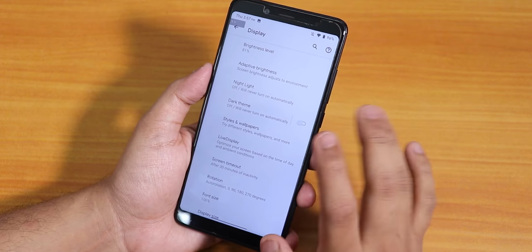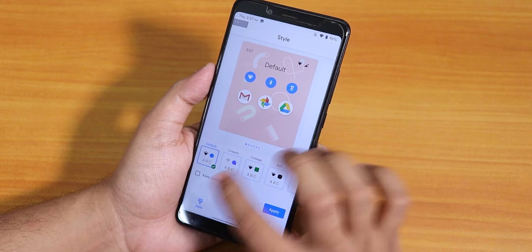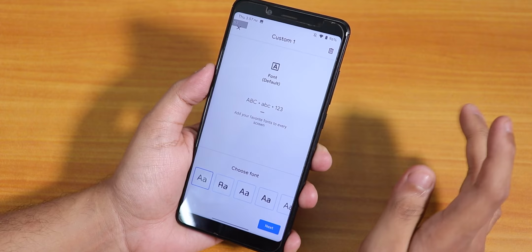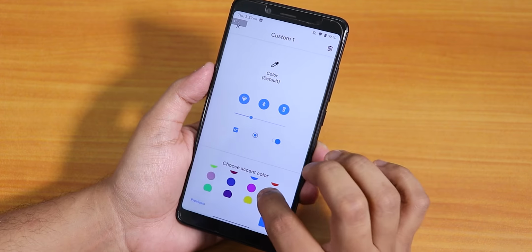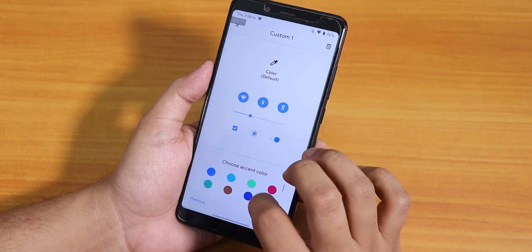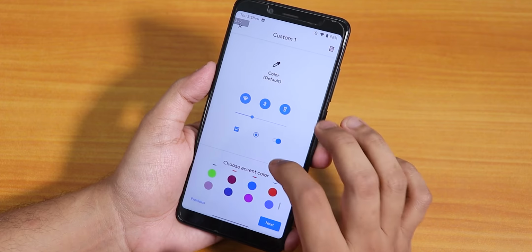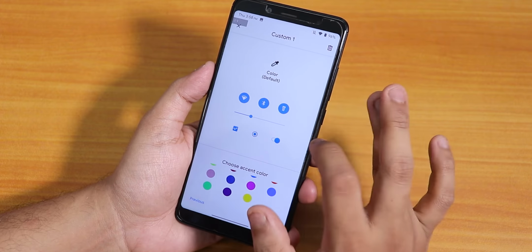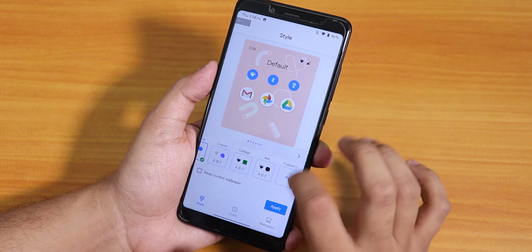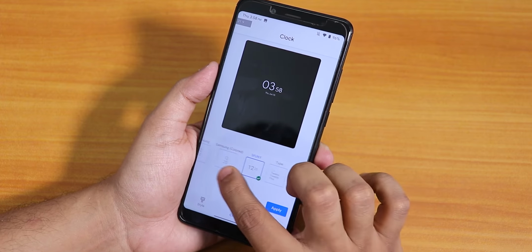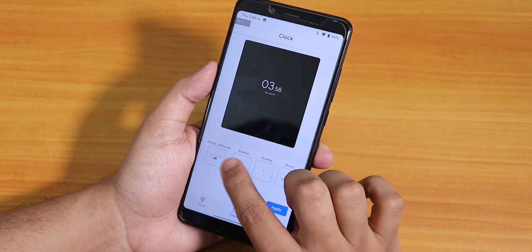Now, in terms of the accent colors, you can get accent colors only from this styles and wallpaper section, I guess. From here, you have to click on custom theme, and you can create a custom theme. From here, you can choose the accent color, then hit next, and create a theme with these colors, and that will give you the accent color you chose. I would have liked a different kind of panel for the accent colors, but it is good that it is there. And from the clocks, we have these kinds of clock customization, and you can choose whichever you like from here.